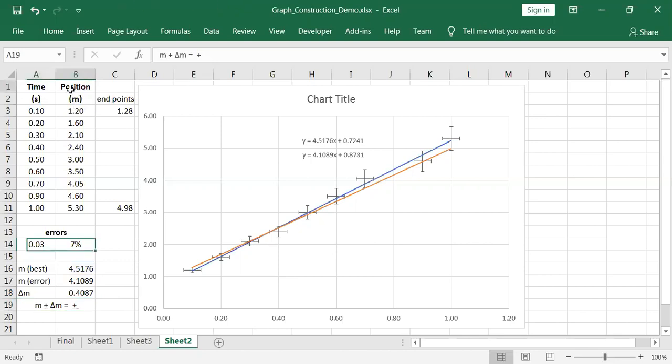In this instance, we are plotting position versus time. As a result, what we're actually getting for the slope is a representation of the velocity. So the slope of a position versus time graph represents the velocity. And in this case, then, what we would be writing in place of m plus or minus delta m is the value for the slope of the best fit line, 4.5176, and then plus or minus the error, which is